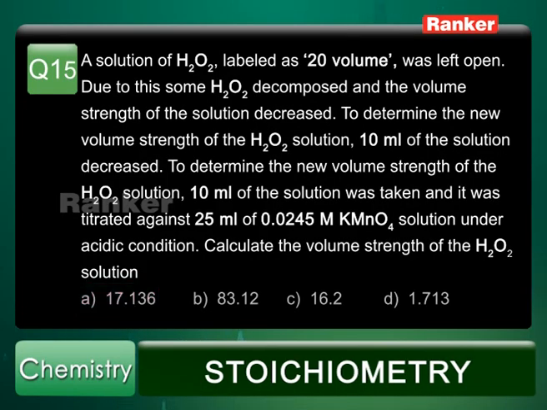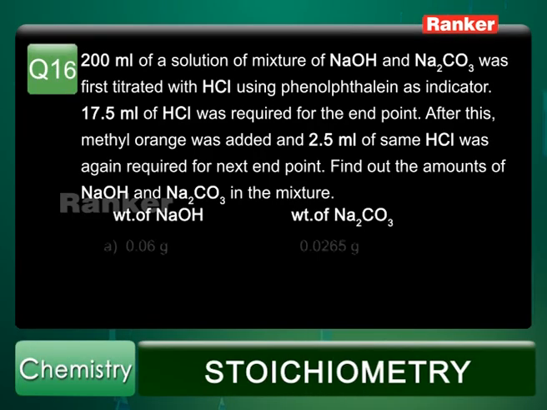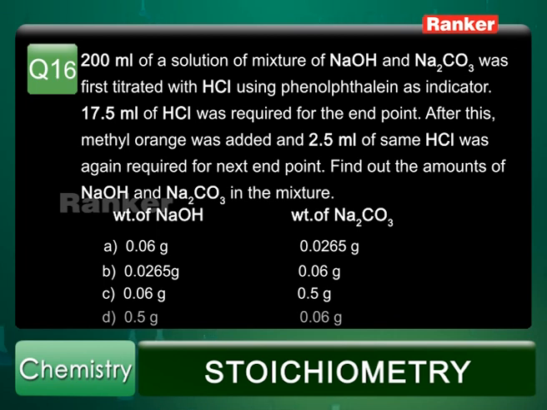We have 200 milliliter of a solution of a mixture of sodium hydroxide and sodium carbonate, which was first titrated with HCl using phenolphthalein as indicator, and HCl required was 17.5 ml for this endpoint. After this, some methyl orange was added, and 2.5 ml of the same HCl was again required. I mean to say the stock solution was required for the next endpoint, the methyl orange endpoint,